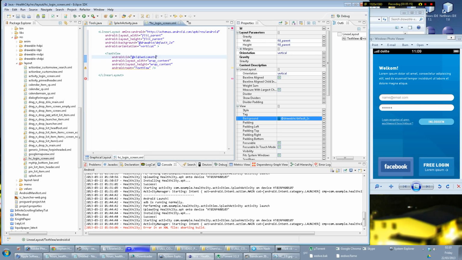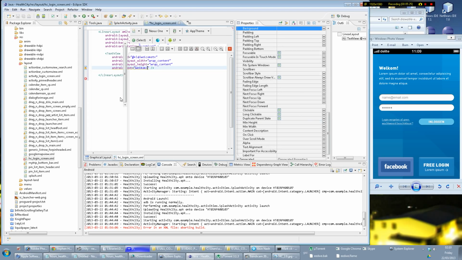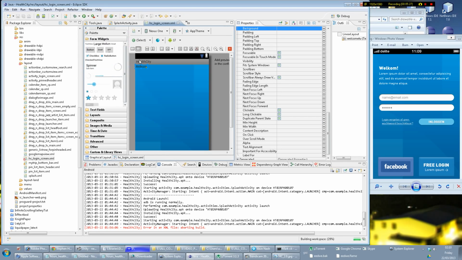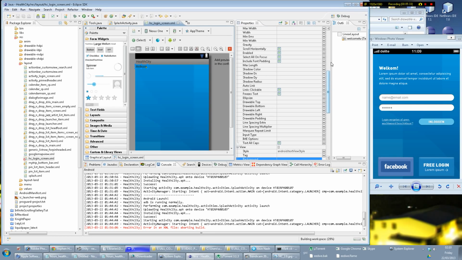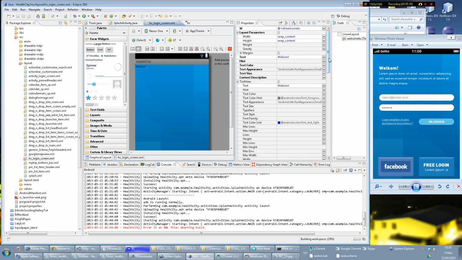And I'm going to set the text, and you can do all this manually in the editor as well, but just for now I'll type it in there because it's quicker. And you click on the graphical layout, and you can see it says welcome. Now obviously the text has got to be white and bold, so